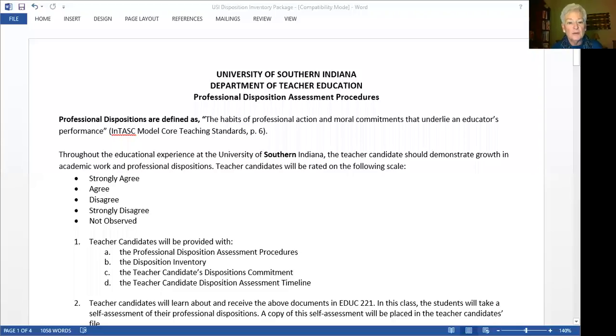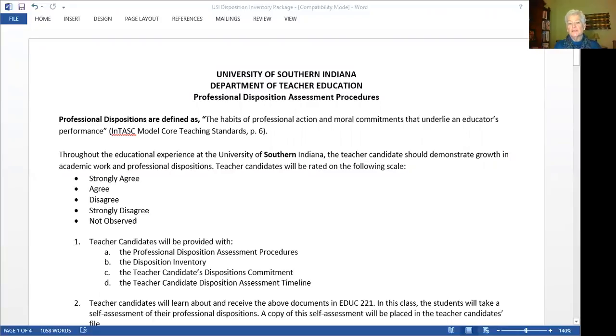And in order to help you to understand this, I have the disposition inventory, which consists of 4 documents that I will be sharing with you during this particular video. This is a document that you will be given during your EDUC 221 class, and hopefully this will help you to have a better understanding of what that's about and how that's important to you.